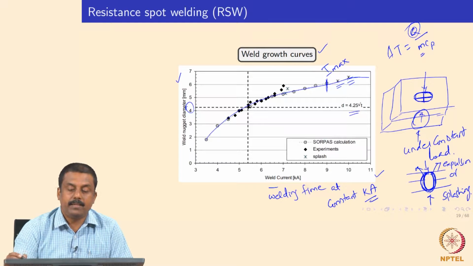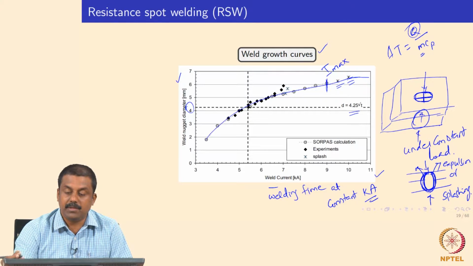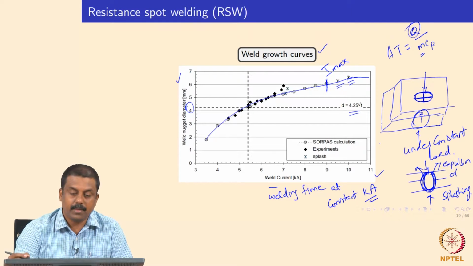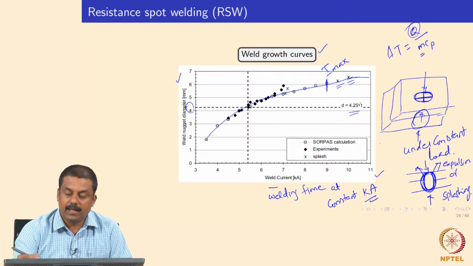So that's what makes resistance spot welding a very extensive laboratory or R&D sensitive process, because even for a small variation in thickness, surface composition and material composition, you may have to develop weld growth curves and identify the weld nugget diameter development as a function of welding time and welding current. Okay, and we get it in most of the R&D labs of steel making companies as well as automotive companies. They develop such weld growth curves for given thicknesses or given material,